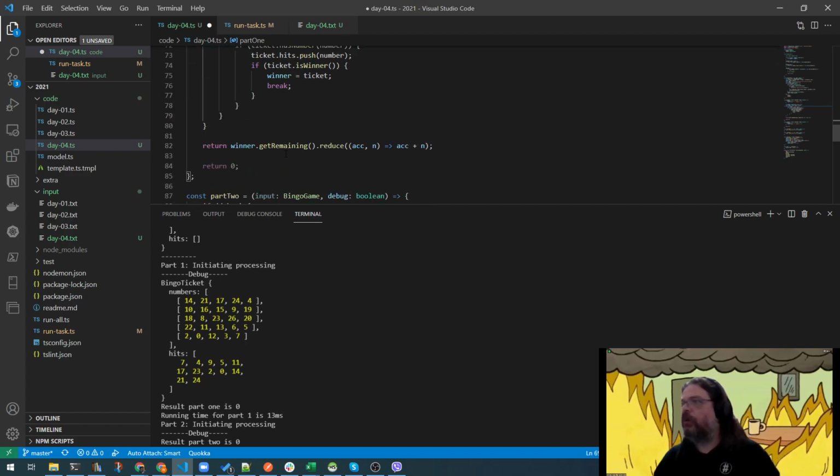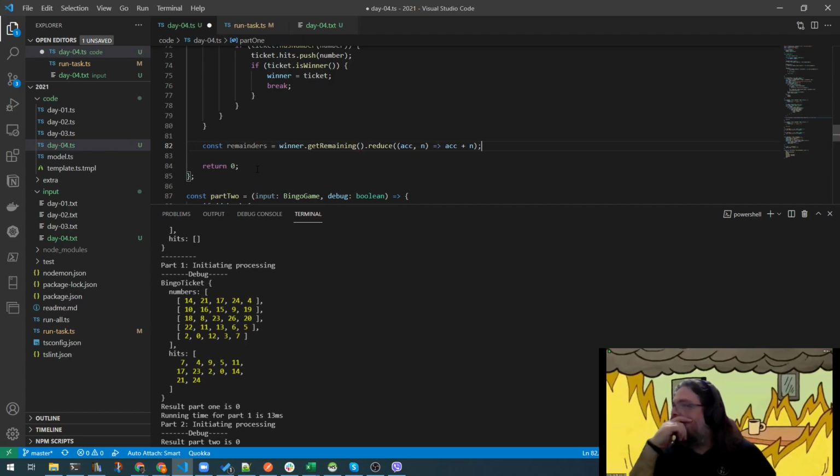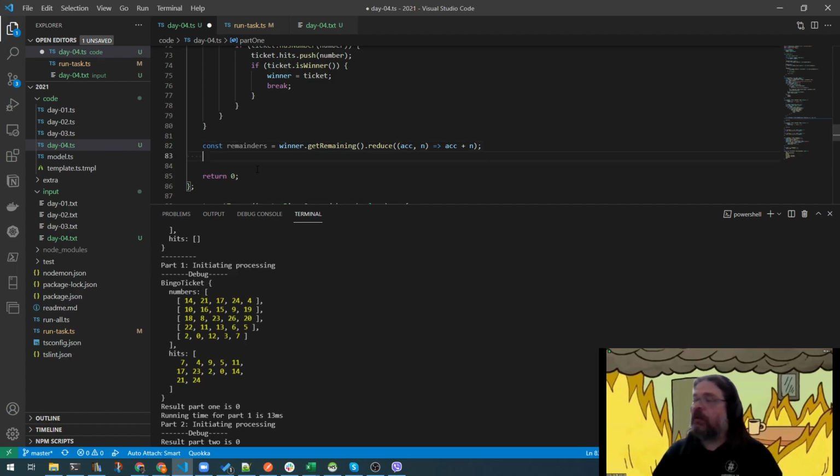Actually, we can do that. These are the remainders, and this is their sum. And we will need to find that sum, and it should be 188. Multiply that sum by the number that was just called, and that is the last